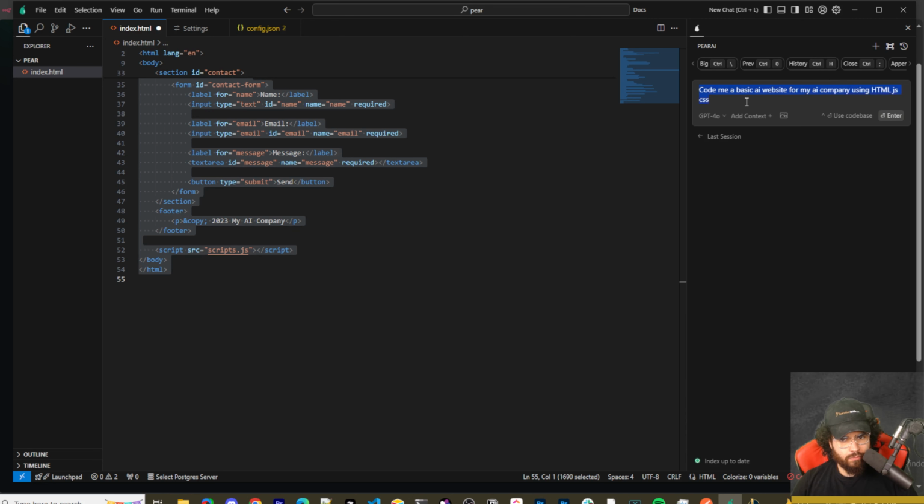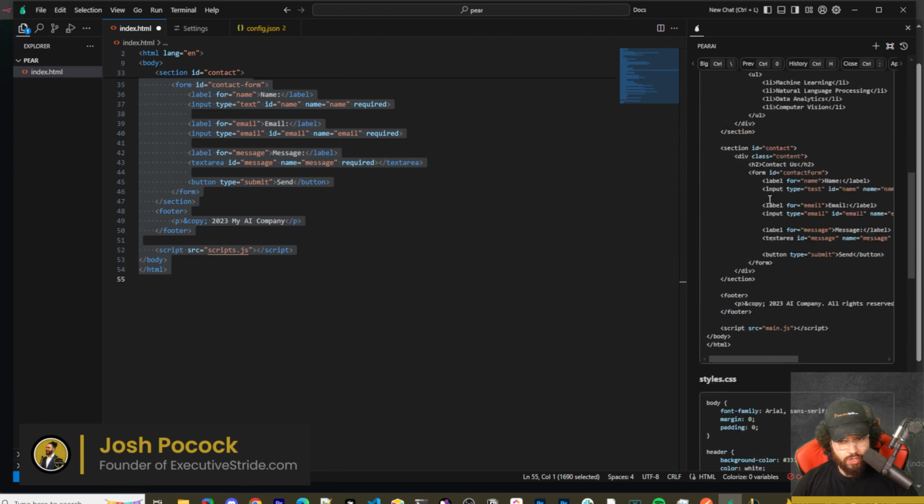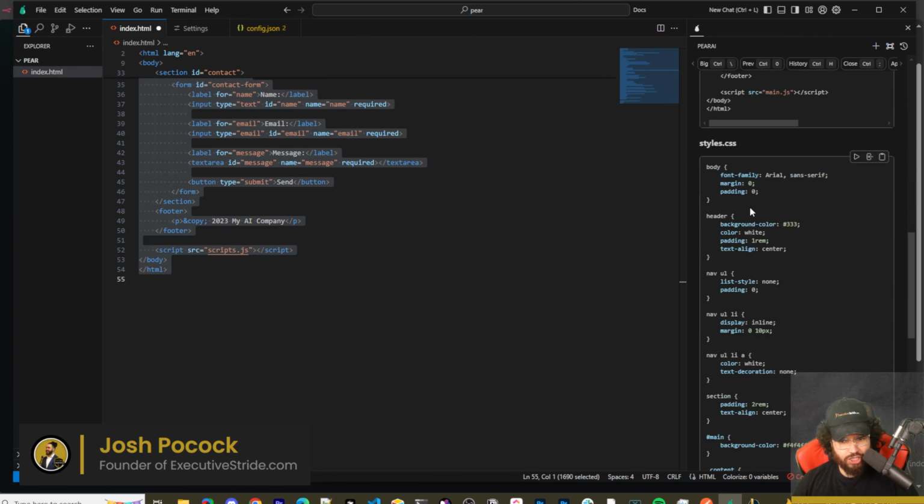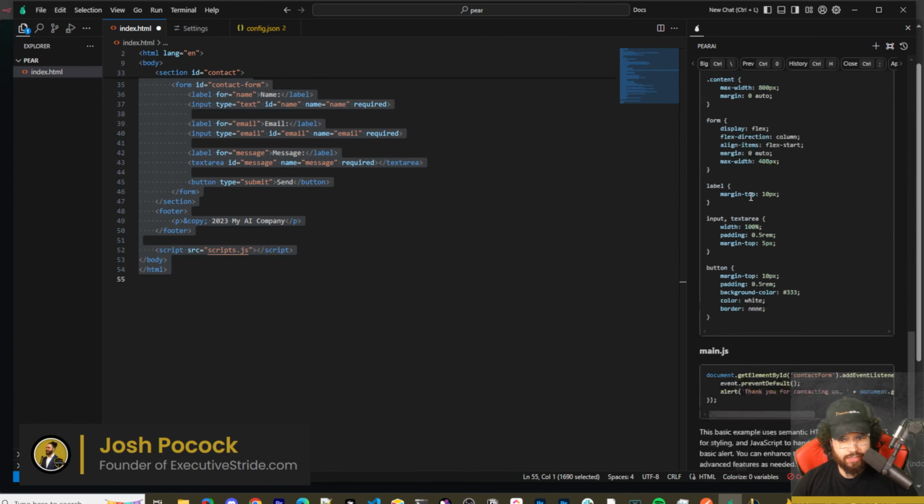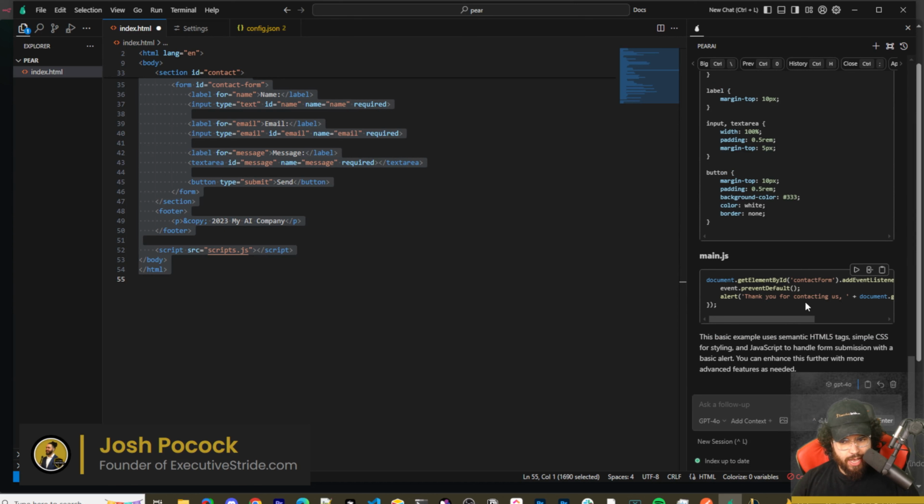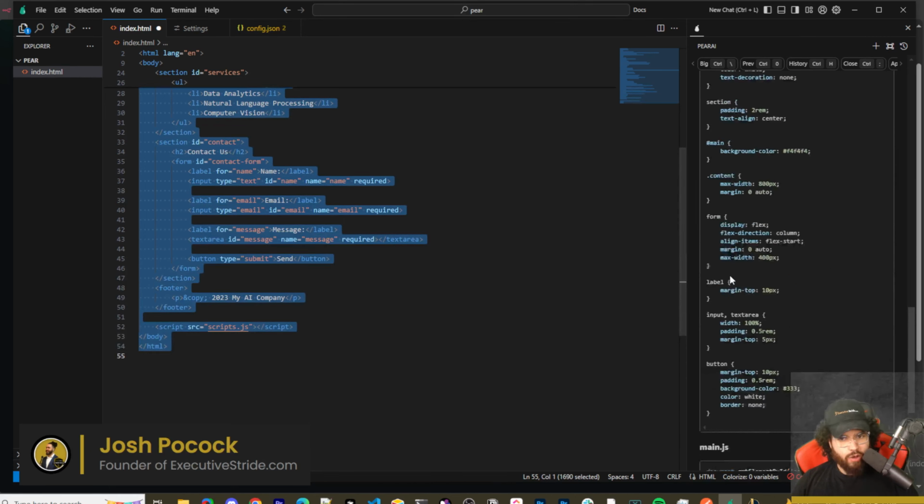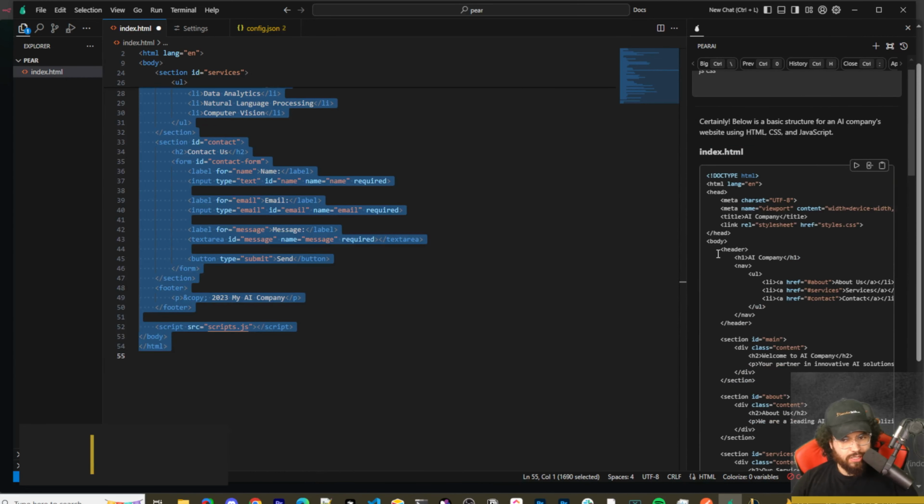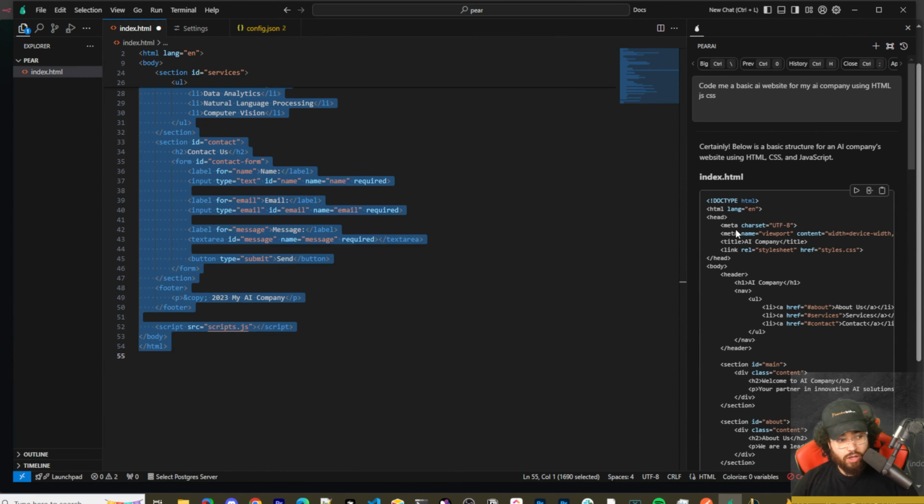And we're just going to run this. Okay, so we got our index HTML, we got our style CSS, and we got our main JS. And just like Cursor, you could do this right here, insert at cursor. You could do copy, or you could just do apply to current file, right? So this is good. Now, as of now, unless I'm wrong from what I've seen, there is no file creation,